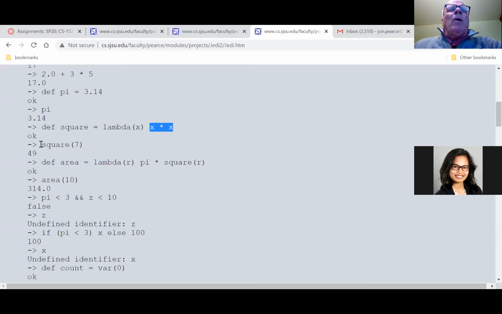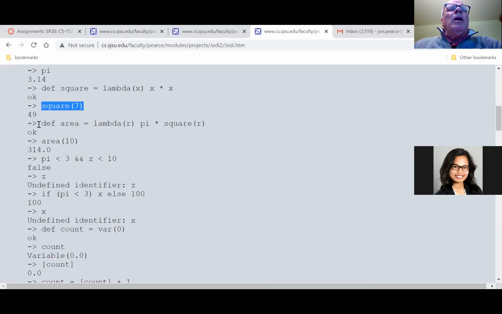Now I can call this function: square of 7 is 49. Here's another function, area. There's a parameter r for radius, and it's pi times square of r. So what's the area of a circle of radius 10? Well, that's 314 units.